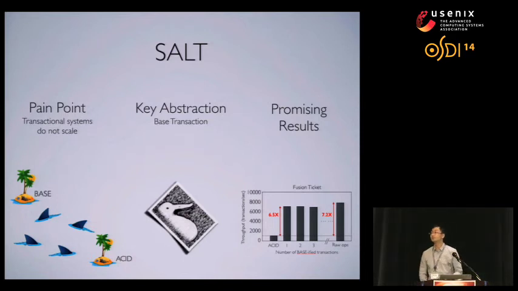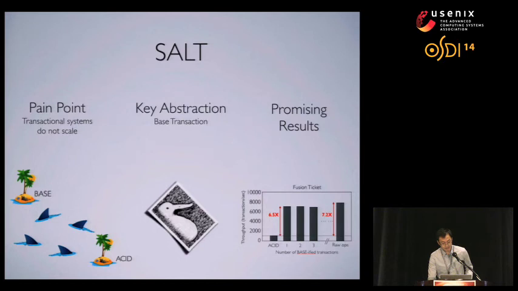I was wondering if you have guidelines for the developer to choose between the two types of transactions. At the end of the day, you probably want to satisfy invariants on your data, and you're given like 10 different types of transactions. How should the developer decide, oh, no, this is going to be ACID, this is going to be BASE? Okay. So in fact,